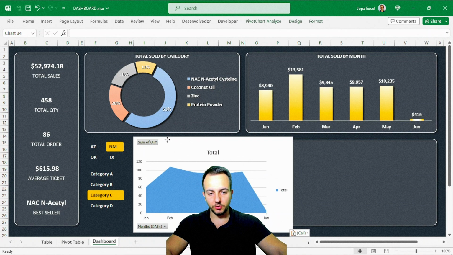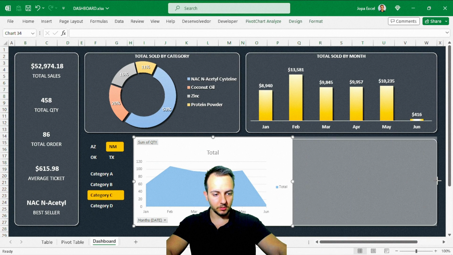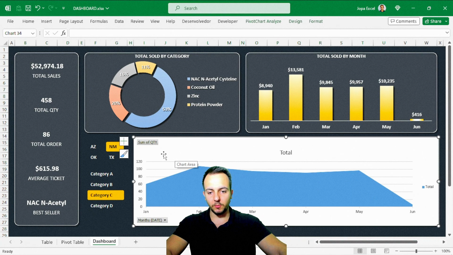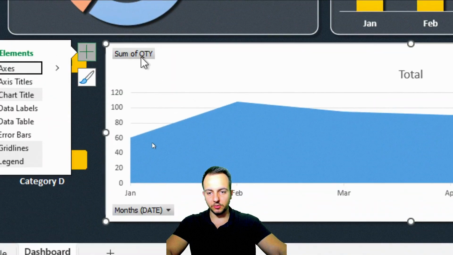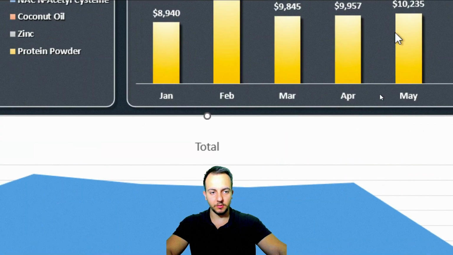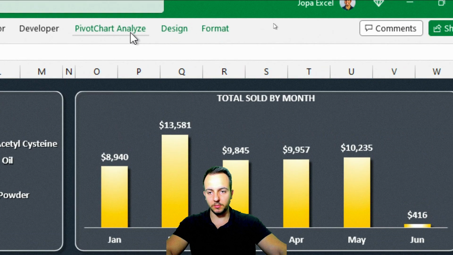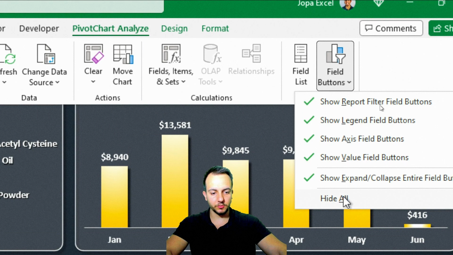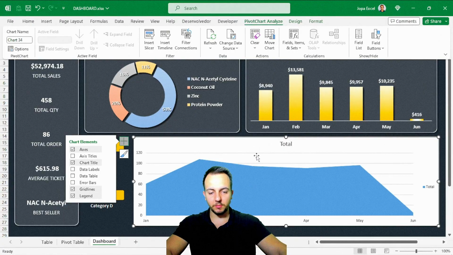Now I just need to place the chart just above my background, like this, for example. And one thing that we can always do here is get rid of these filters that we have. So let me click here in the pivot chart, Analyze, Field Buttons, Hide All. And one more step is, instead of creating manually all the design in this chart